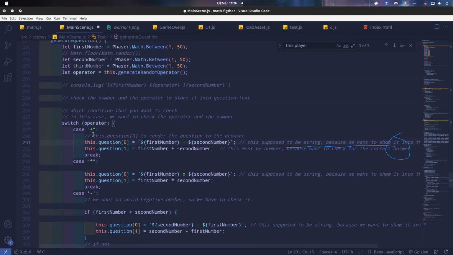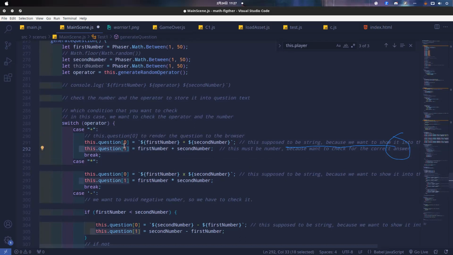If the operator is plus, we want to add this. Question index 0 is to render the question to the browser, and question index 1 is just to store the answer. Maybe if you are confused, we can change it, maybe to answer, where we can set the property of answer. It's just fine.